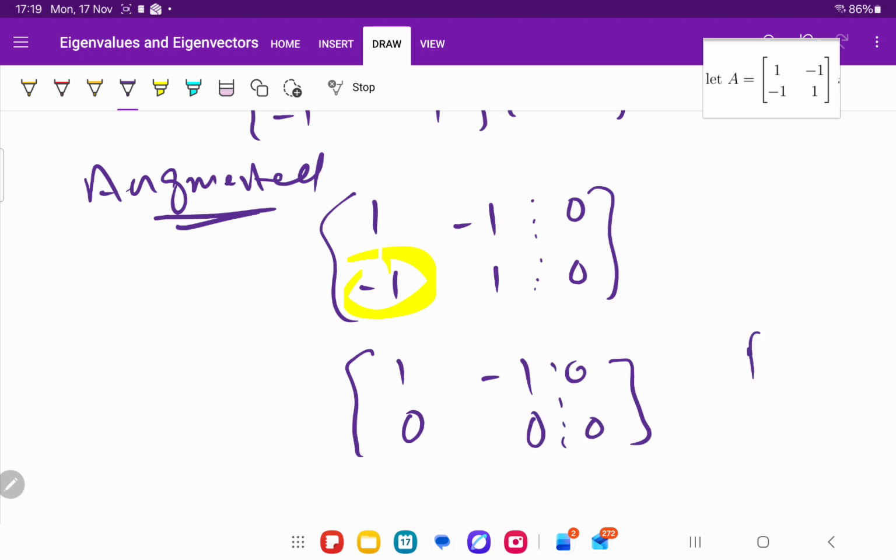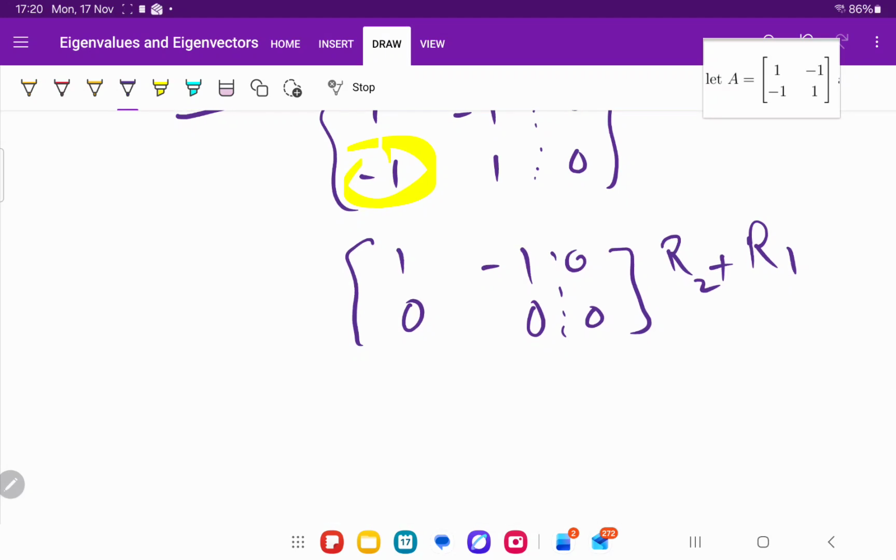So what I did, I simply add row 1 with row 2. So the first column is representing, since all the values are 0, we cannot extract any C1 or C2 from the second row. So the only option is row 1. So the first column is representing C1. So C1